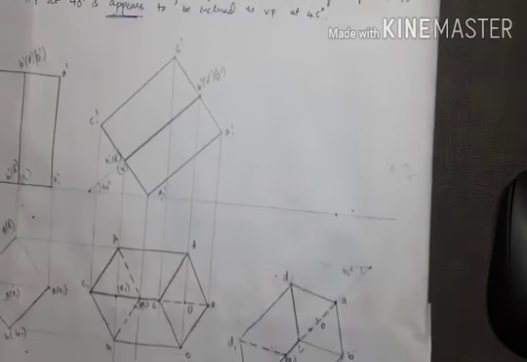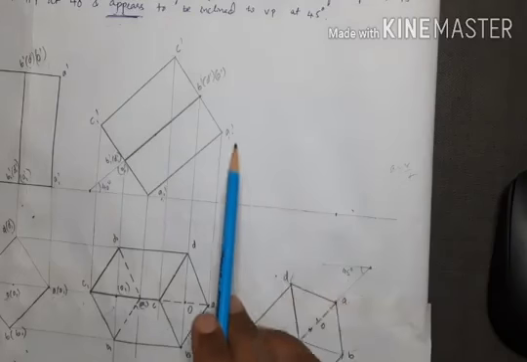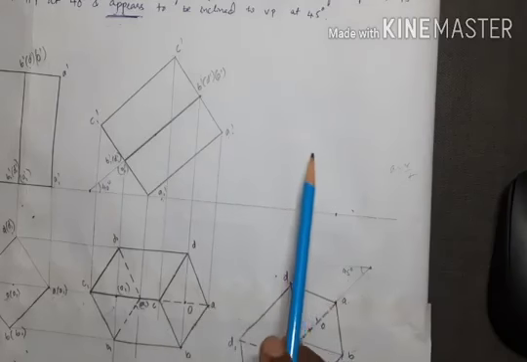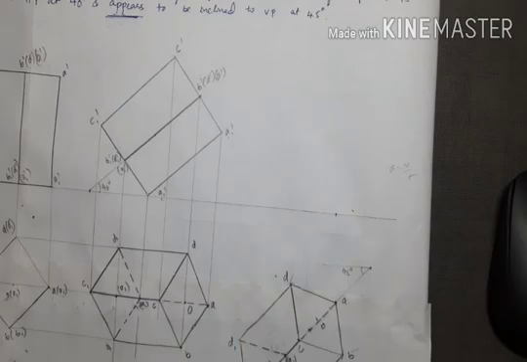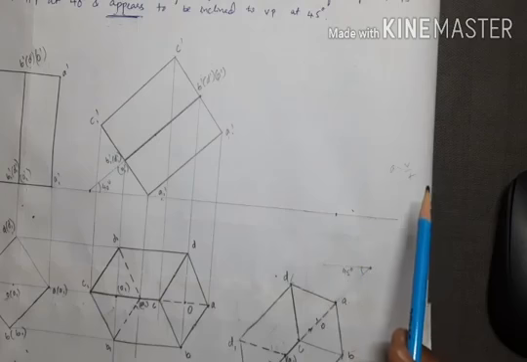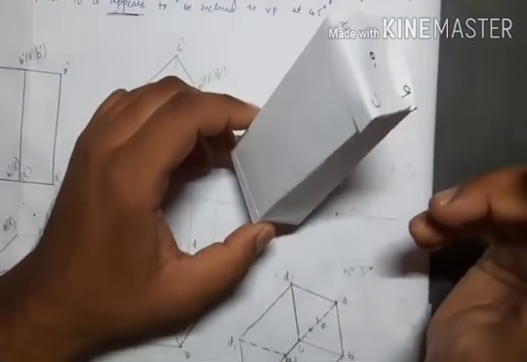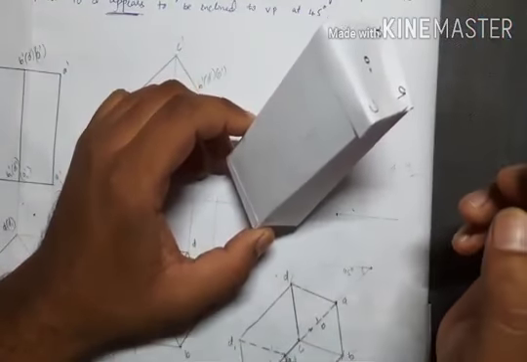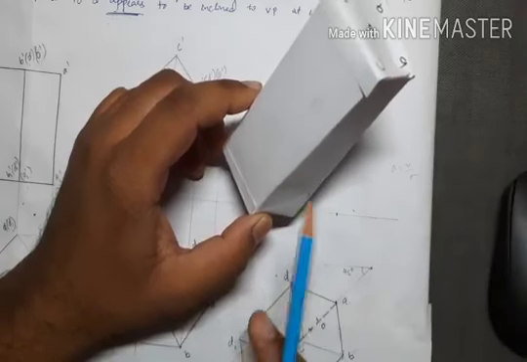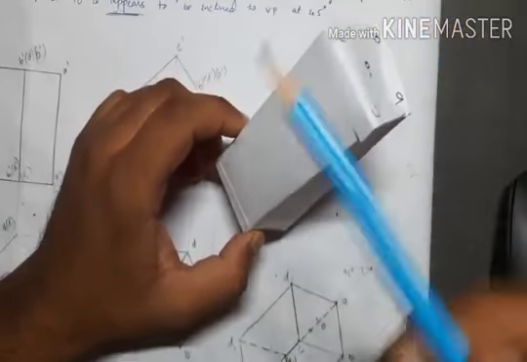Now to get the front view, you have to project the vertical lines and match the corresponding points by drawing the horizontal lines. I hope you are perfect with this step, drawing the vertical projections, horizontal projections and matching the corresponding points in the top view as well as in the front view. So I'll be skipping this step. So again in the front view, to look at the hidden edges, it is in this position. You have to try to imagine whichever are hidden when you are looking from the front view. This edge and these two edges are hidden.